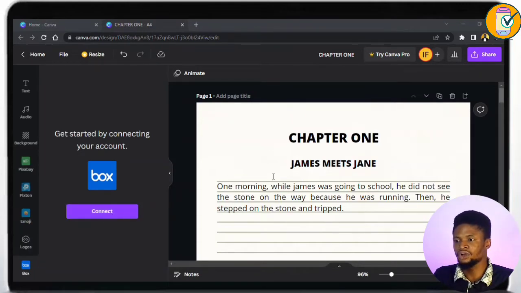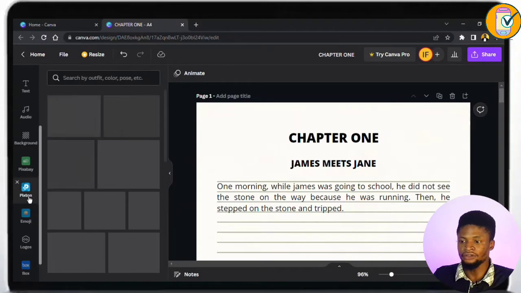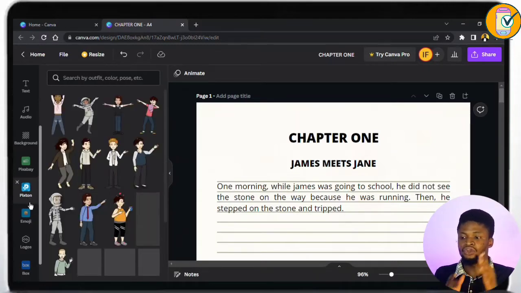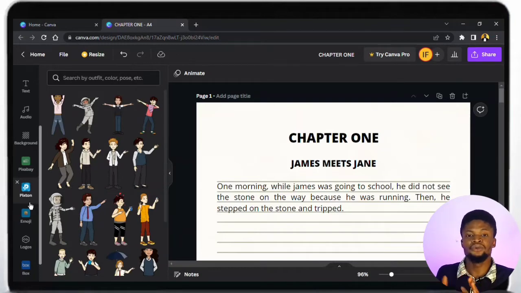You now have to create an account on that Pixton that we want to use right now, so that you can use it on your Canva. But right now I've already done all of this, and that is why I can just select Pixton on my Canva. Those of us on smartphones, it's still the same way. If you just scroll through your menu, you're going to see that More button. In fact, I think I should show you guys where you're going to find this on your